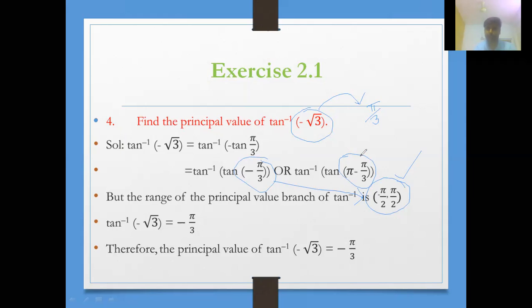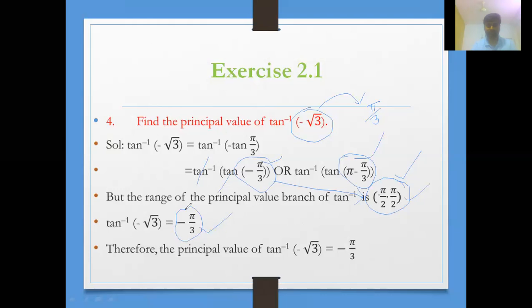So directly we can take. So no need to convert it as pi minus pi by 3 like this. So directly I can write tan of minus pi by 3. So tan inverse tan cancels there. Okay, then minus pi by 3 is left. So that minus pi by 3 lies in this. Okay, so I can write the answer for this as minus pi by 3 because minus pi by 3 lies in that tan inverse range, which is minus 90 to plus 90. Clear? So minus pi by 3 is correct. Clear? Now, let us go for next problem in this.